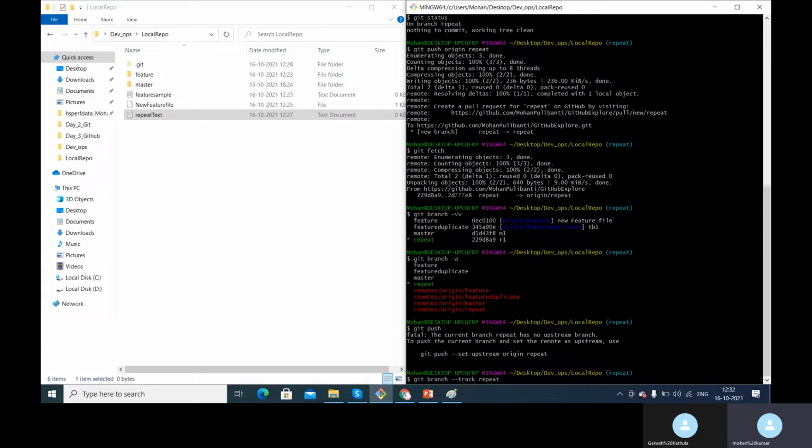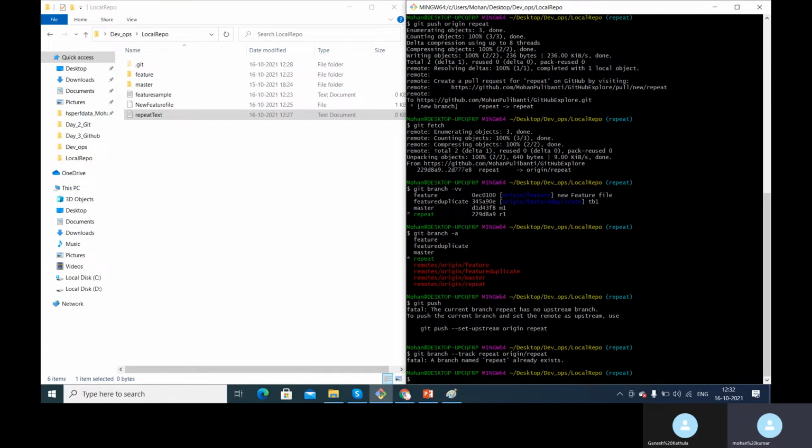So I say git branch --track repeat, which is our local branch, and the remote branch is origin/repeat. So this is our remote branch. When I execute this, it is saying a branch named repeat already exists.